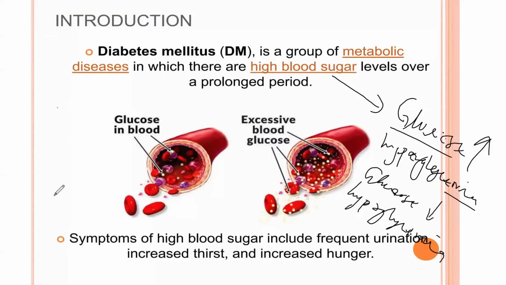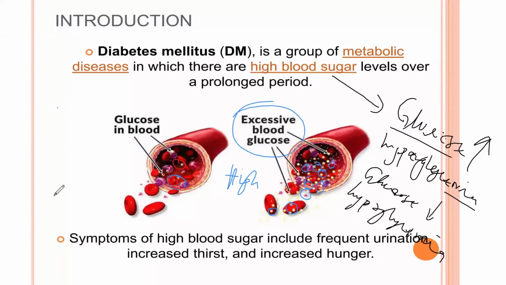For example, if you can now see clearly, this is glucose in the blood. The one in white is the blood glucose level. But of course, if you look at the concentration of the blood glucose level here, it is very high. That is excessive blood glucose. So if you have an excessive blood glucose level over a long period of time, then the condition